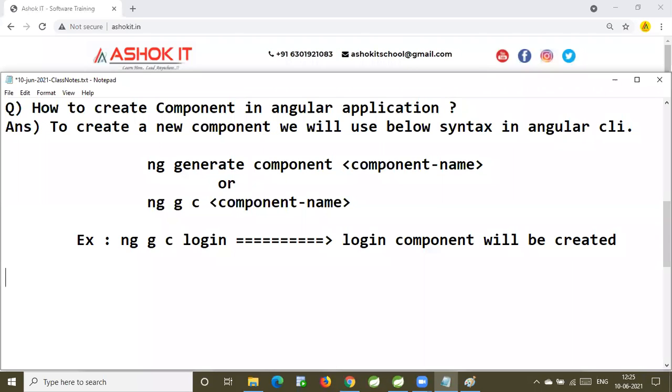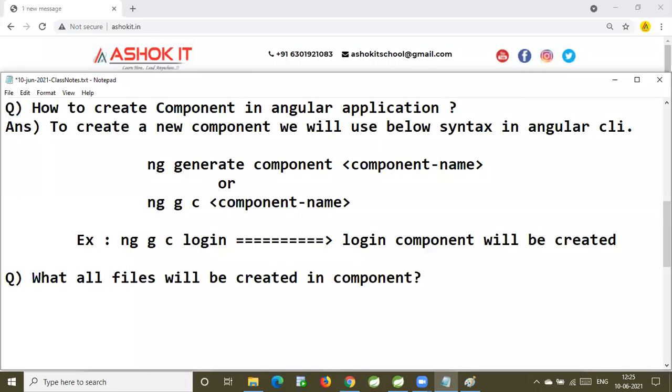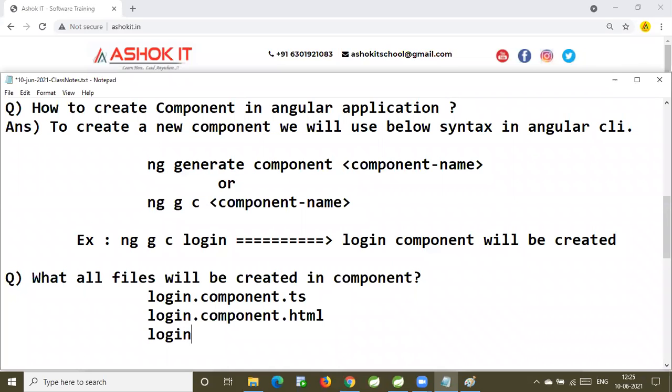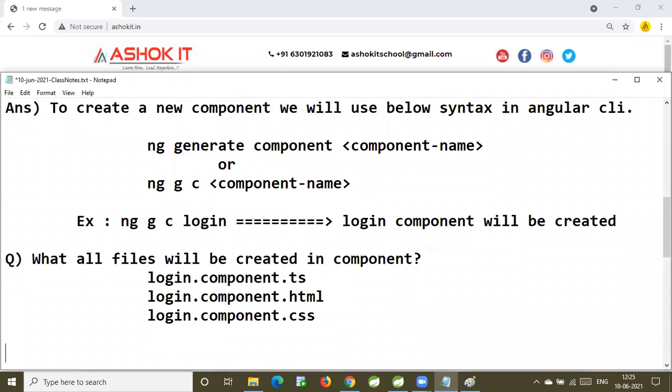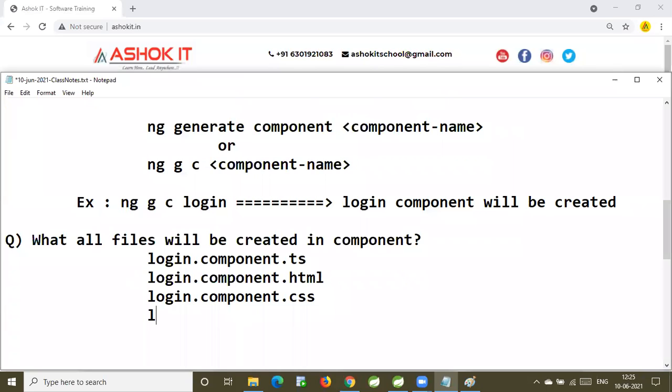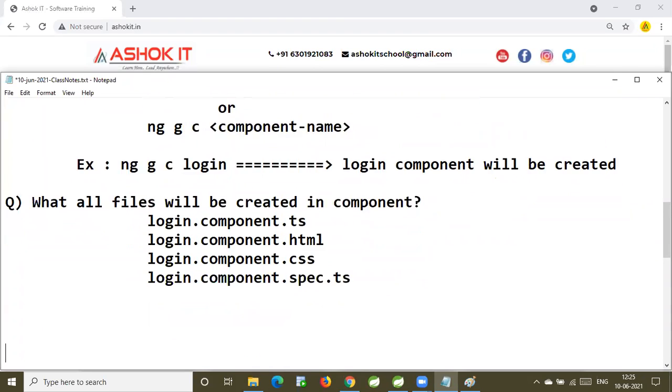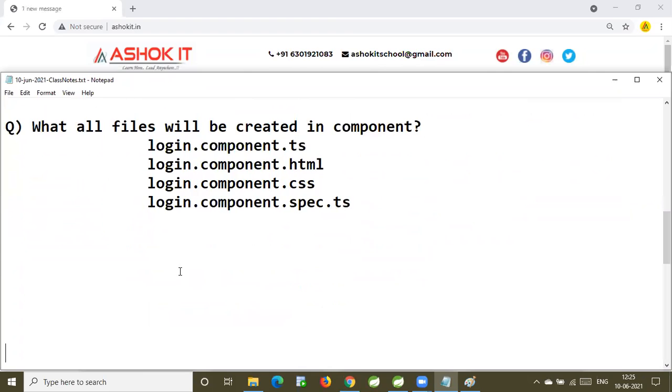Login.component.ts, login.component.html, login.component.css, login.component.spec.ts. So total 4 files will be created when you create a component.